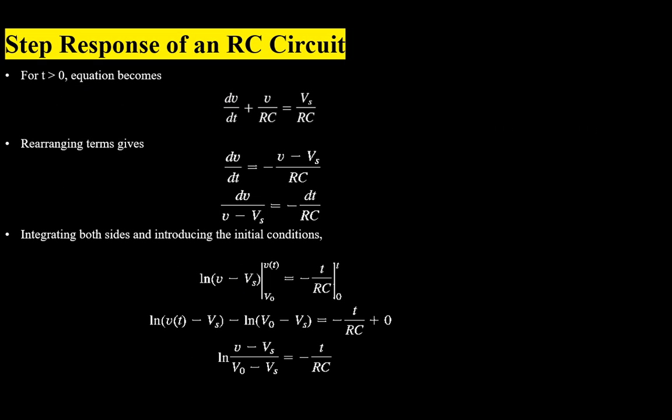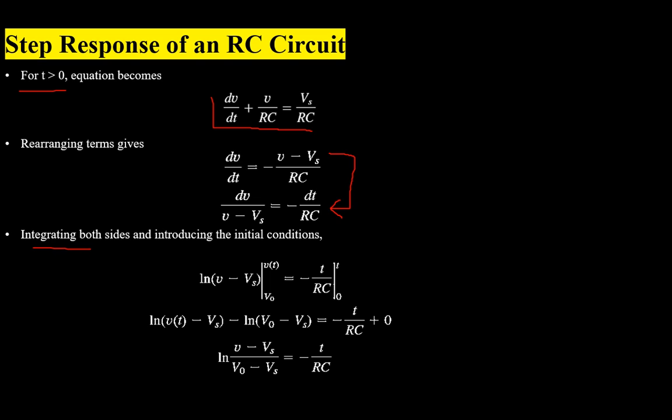Doing analysis when step voltage is applied, and this step voltage will be applicable for time t greater than 0. So the last equation will be turned into dv over dt plus v over RC equals Vs over RC. Now rearranging this equation, we will reach the result dv over (v minus Vs) equals minus dt over RC. Now for the response of the circuit, which is capacitor voltage V, we will integrate both sides of the equation,